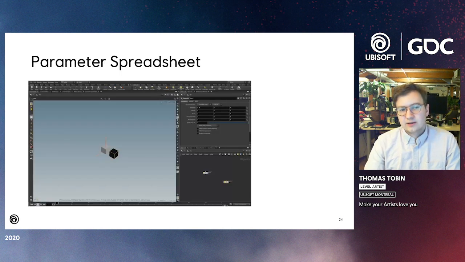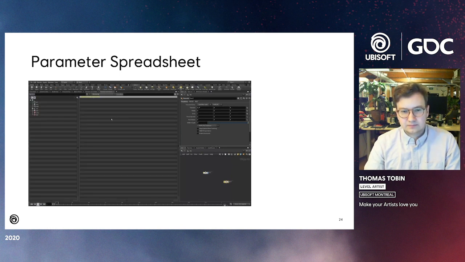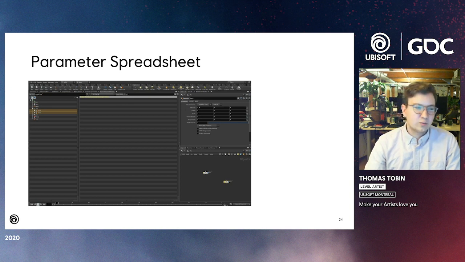The next interesting thing I have very rarely seen is the parameter spreadsheet. Now when I first looked at this tool, I thought it was broken because nothing would show up. So if you go to the parameter spreadsheet, then we go object and you select one of your objects. For example, if we want to select all of the boxes in the scene, and I have 2 boxes here,